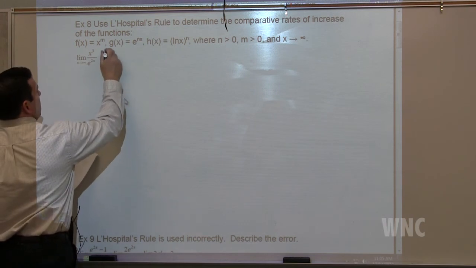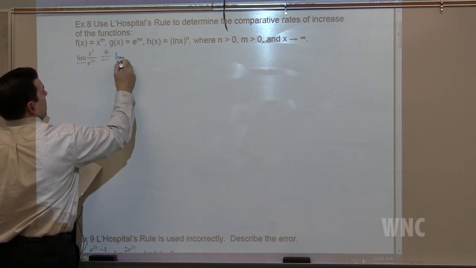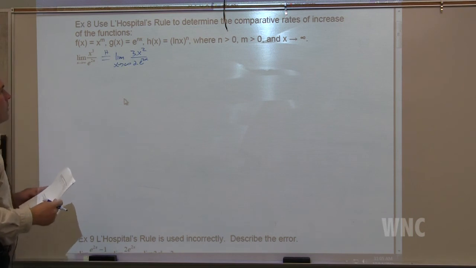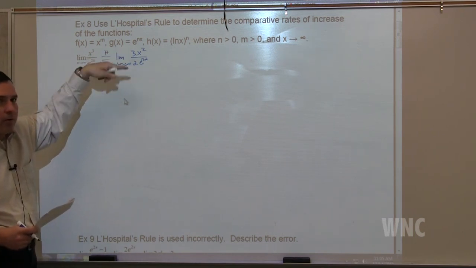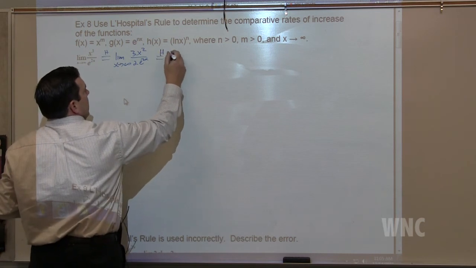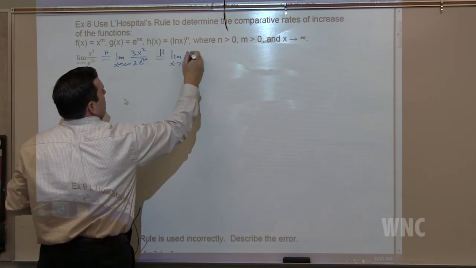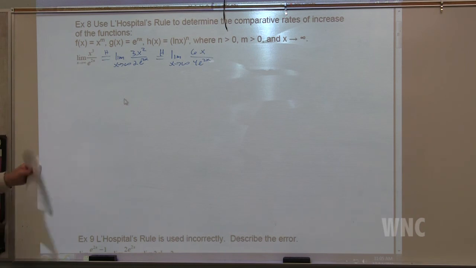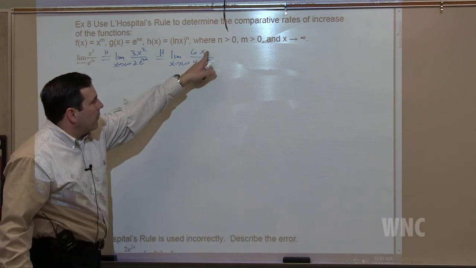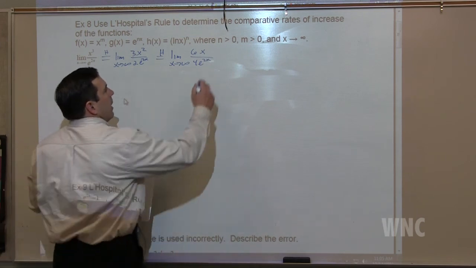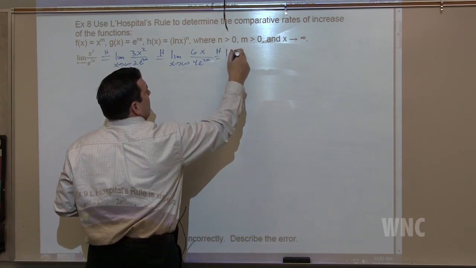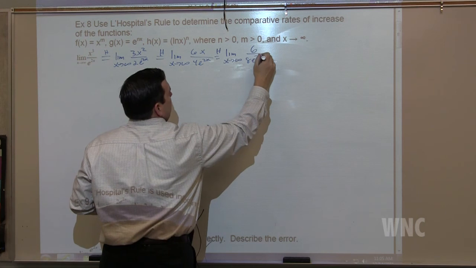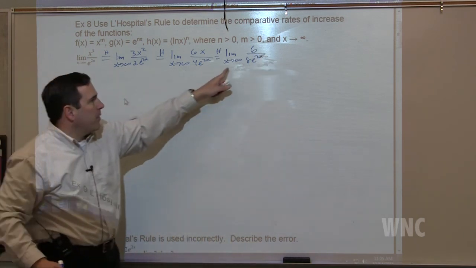So if we take L'Hopital's rule, we have the limit as x goes to infinity of 3x squared over 2e to the 2x. Plugging in infinity now, you're still going to have infinity over infinity. Take L'Hopital's rule again. That's going to be the limit as x goes to infinity of 6x over 4e to the 2x. Plug in infinity, we still have the indeterminate form of infinity over infinity. And taking L'Hopital's rule again, the limit as x goes to infinity of 6 over 8e to the 2x. Now if we plug in infinity, 6 over infinity,